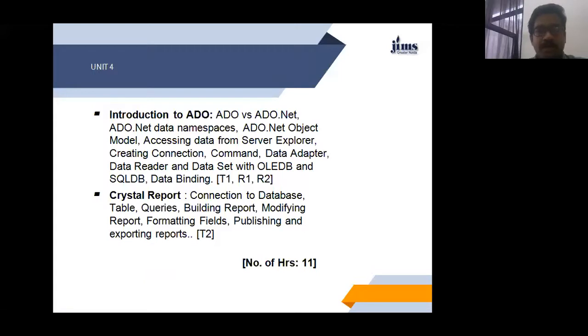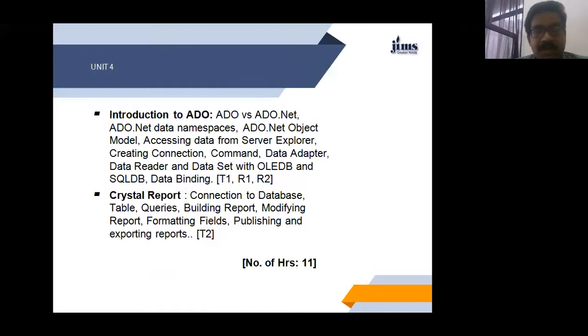We will discuss ADO versus ADO.NET: earlier ADO was used, now ADO.NET is used, so what is the difference between them? We will cover ADO.NET namespaces and the ADO.NET object model, accessing data from Server Explorer, creating a connection, command, data adapter, data reader, and dataset with OLEDB and SQL data binding.